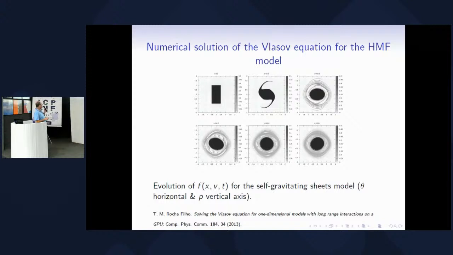Since the one particle distribution function satisfies the Liouville theorem, the area of the figure must always be the same. The volume in phase space, in this case the area, is conserved, and we have some filamentation process, and there is an average, and a tendency to form what we call this core-halo structure in the phase space. Well, so,